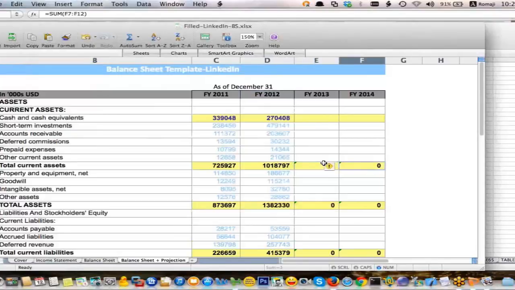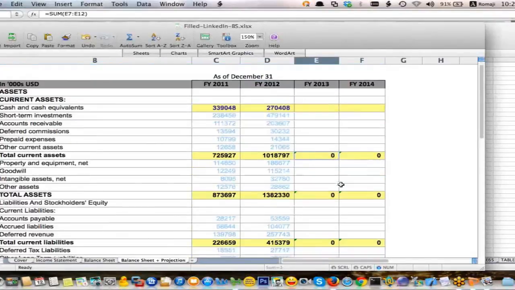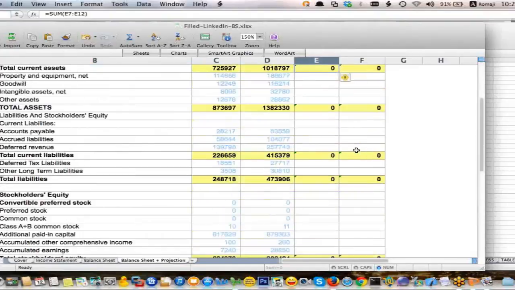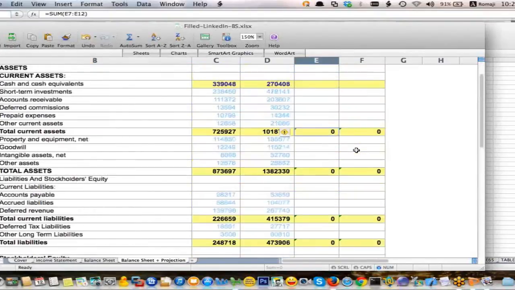Notice the sums have been moved across, so these are going to sum up correctly. The balance check is automatically done, so we now have a very nice little template that we can use for our model as we go forward. And that might be helpful if we say, okay, well, let's look at our